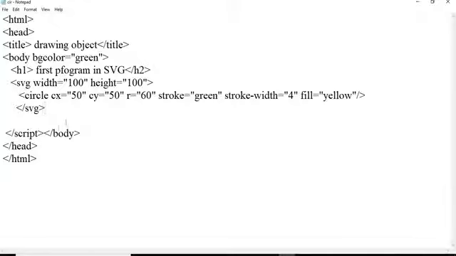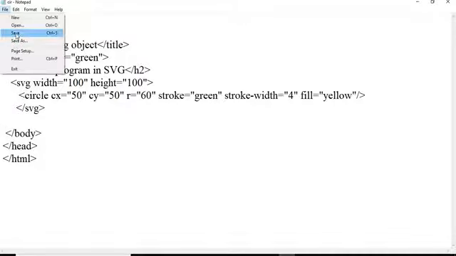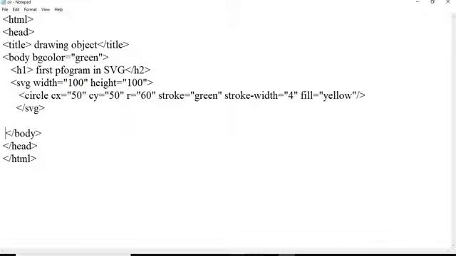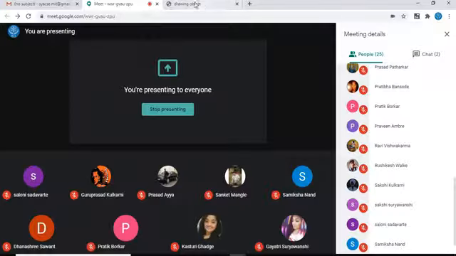Then let's see the reflection of the current program. So I'm just going to make a refresh.